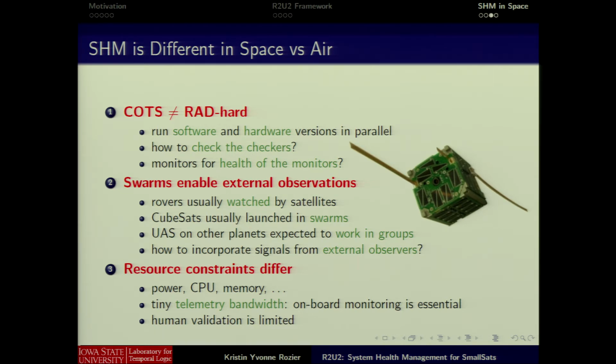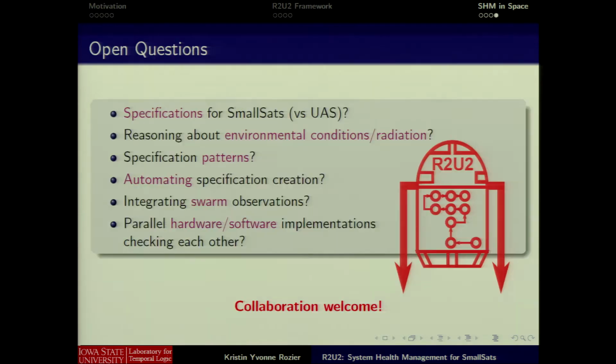And there was this very nice slide by Dan Gaines the other day where he pictured the Mars sols and how they line up with the work hours here at JPL and how responsive humans can be to that data, right? So we have this limited amount of human validation, and we need to integrate system health management with knowledge of those constraints so that we can be smart about how we use that. So I'll leave you with a series of open questions that we are looking to evaluate in the future on this project.